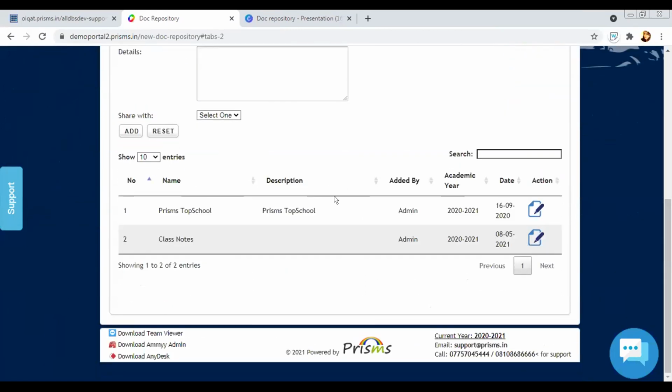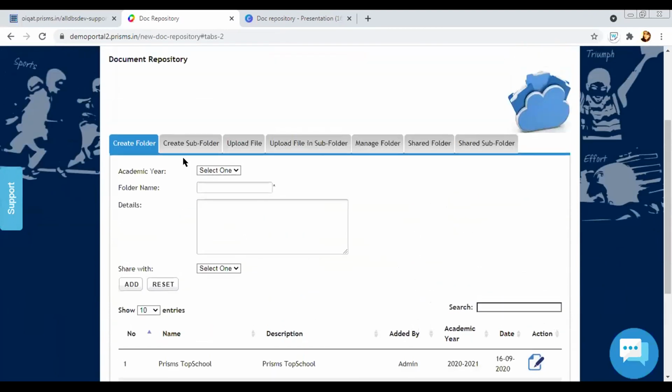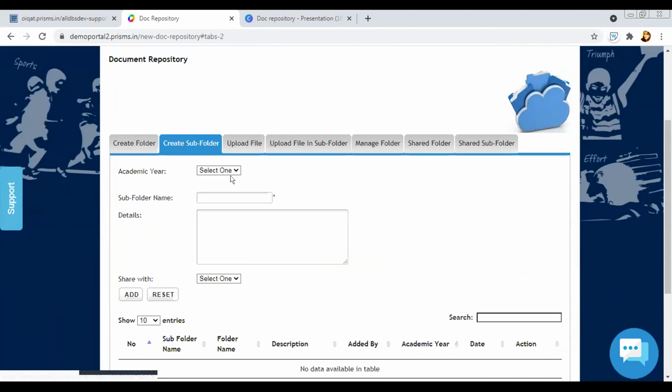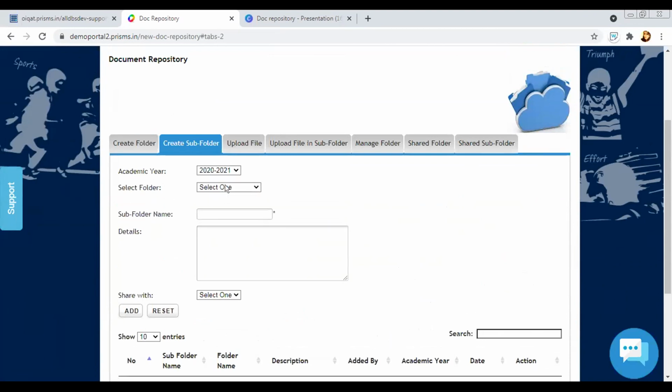Okay, so I've created a folder called class notes. Now over here, I can create a subfolder, and I can create different subfolders depending upon the classes. In the folder class notes, I'm creating a subfolder, let's say 7th. That means all the class notes for 7th I want in that particular folder.